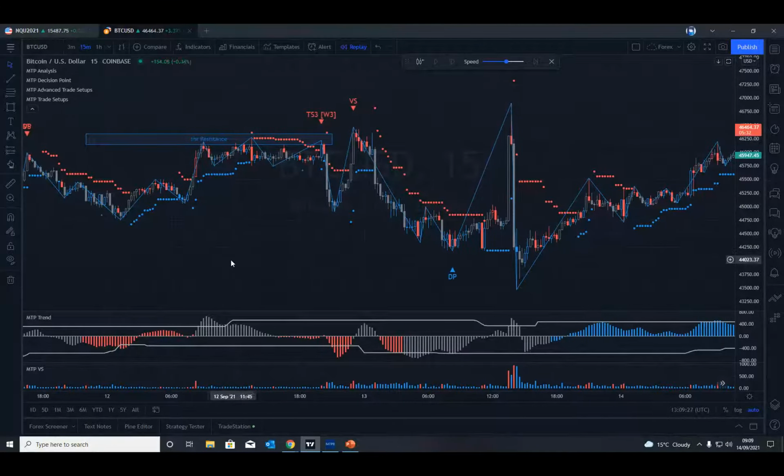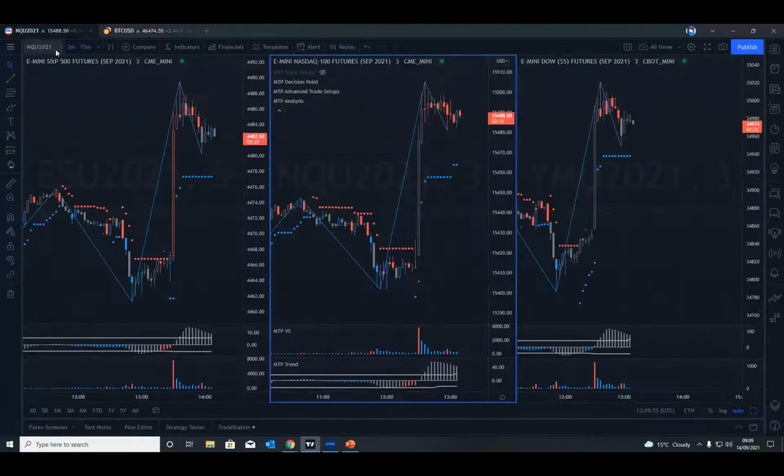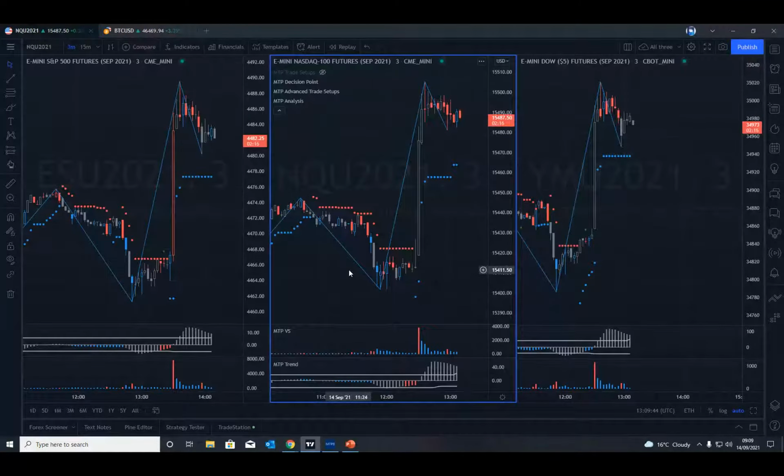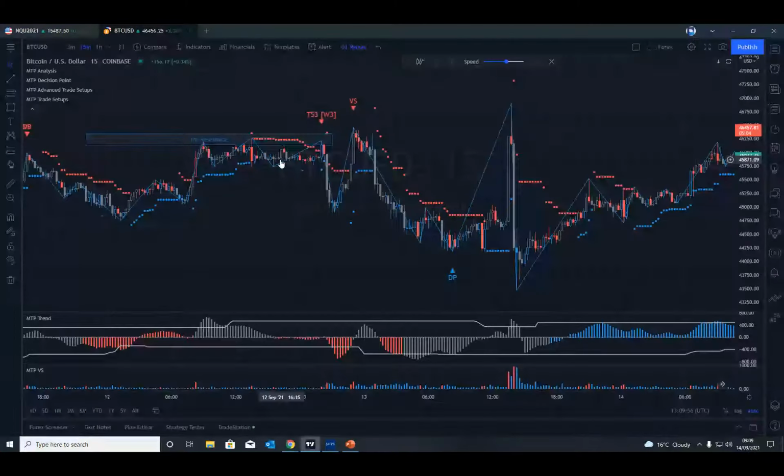It is quite frustrating sometimes in TradingView when, like here, the Bitcoin is using data from TradingView, and on my other workspace I have open here, the USD Minis is actually connected into my TradeStation account. So it's actually using data from TradeStation in a live real-time mode. So I think that's what confuses TradingView sometimes when you've got a broker connected for one market, and then you're trying to follow another market with the data from TradingView itself. So it gets a little bit confused.